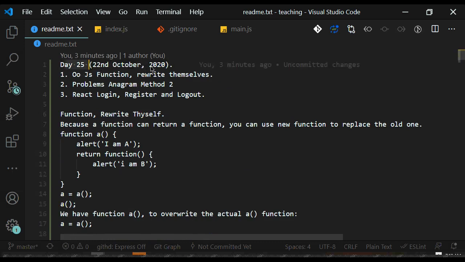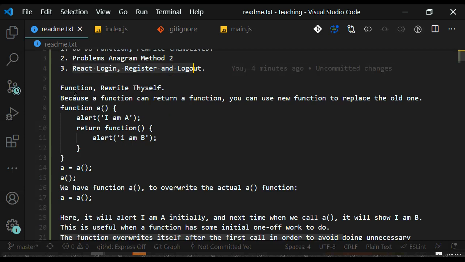So today is day 25, October 22. We will be doing object-oriented functions, and we will write a function which rewrites itself, and we will do the problems, and the problem will be Anagram method 2. Yesterday we did Anagram. Today we'll do another Anagram method 2, and we'll also do React login, register, and logout functionality. So first thing we have to do,